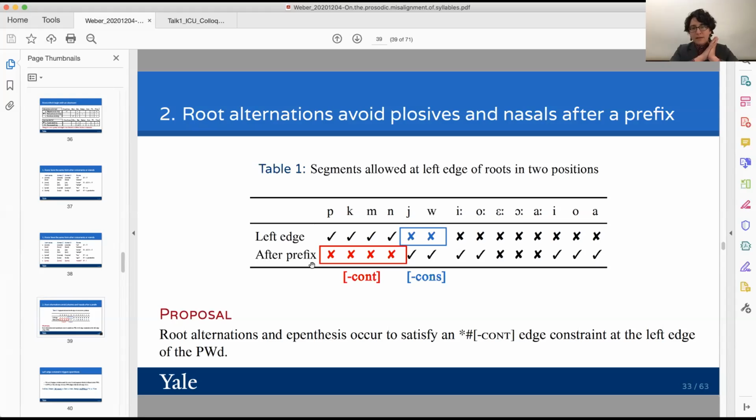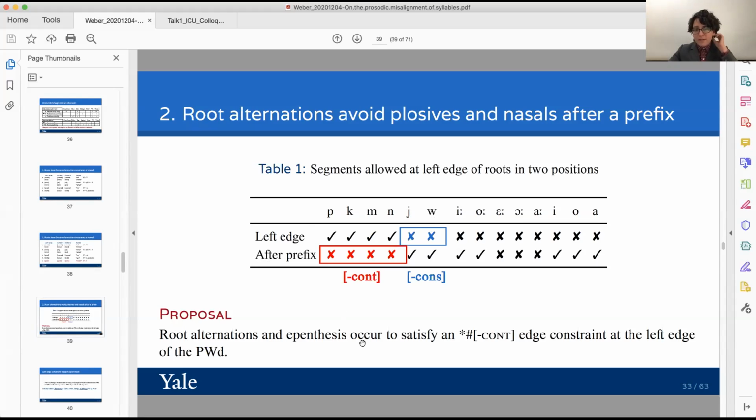And that's not an accident. So if we're looking also at right edge effects, there's a difference in what you see at the left edge of the verbal complex versus at the left edge of the stem. If we're looking at domain span rules, there's also a difference. And so, unfortunately, these can't be reduced to a recursive